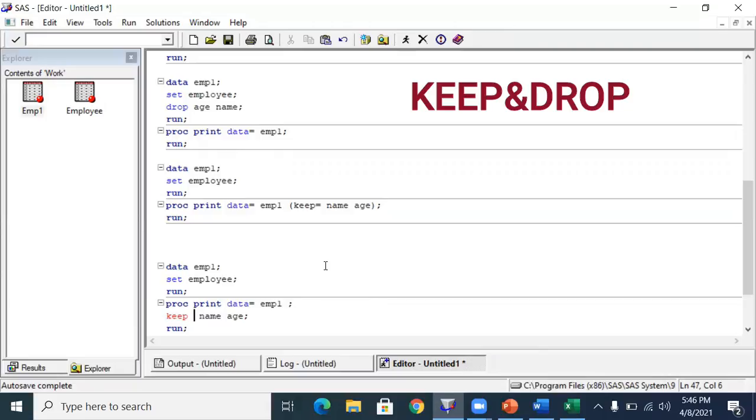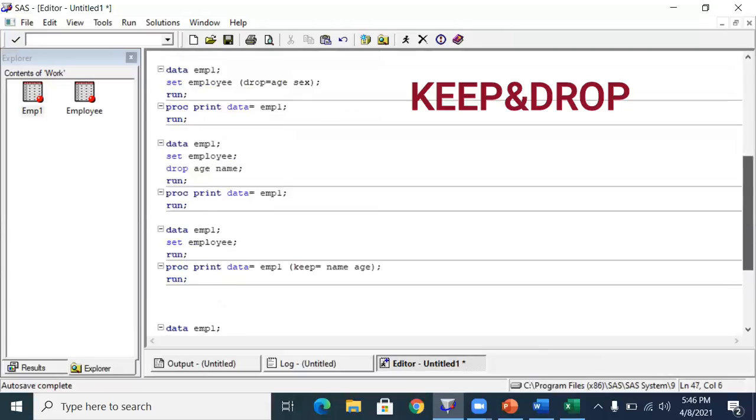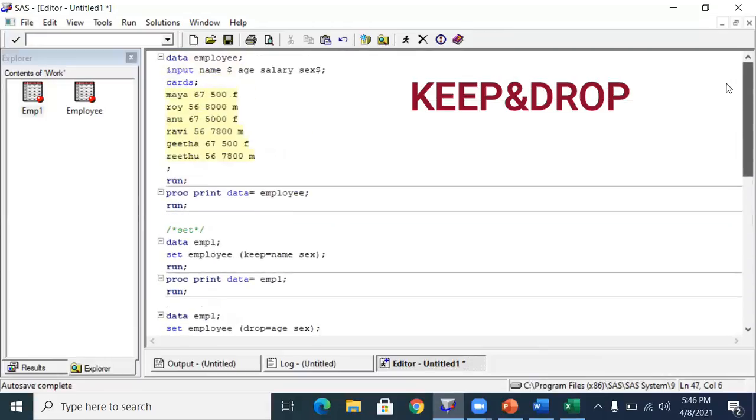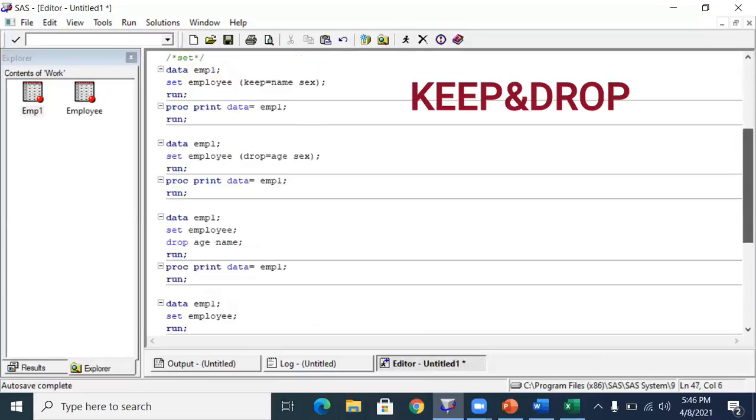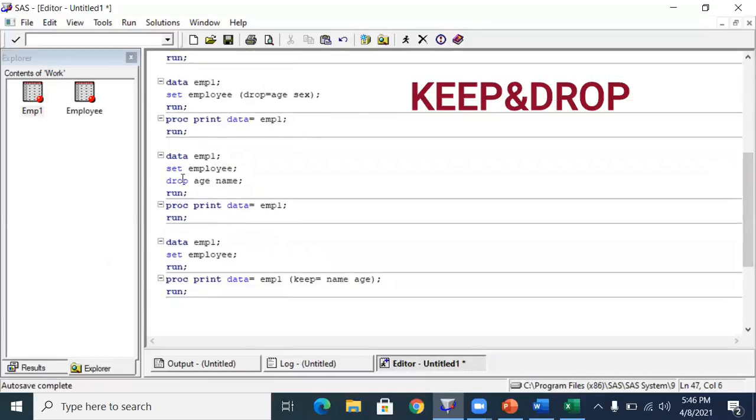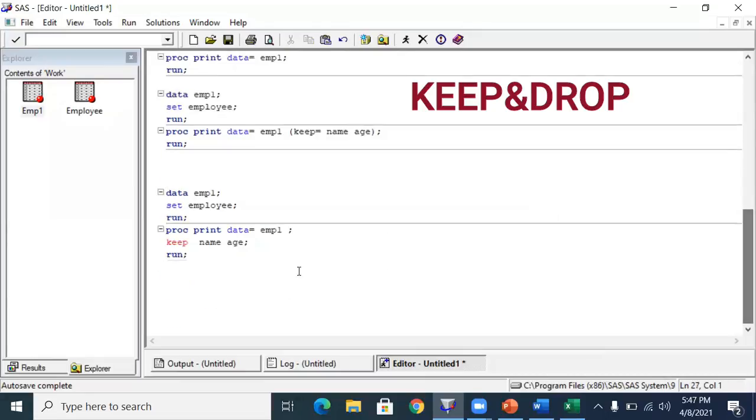A statement doesn't require any equal to symbol or brackets. Did I use any equal to with drop? No. Only with the option do you give it in brackets with an equal to symbol.